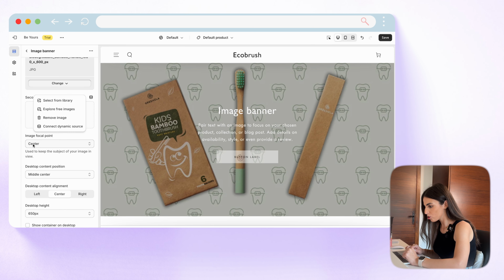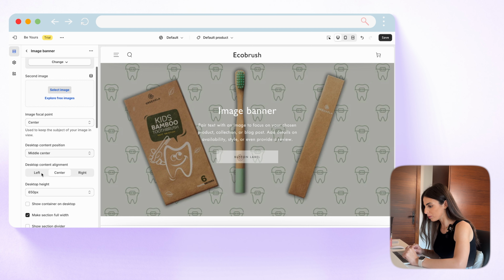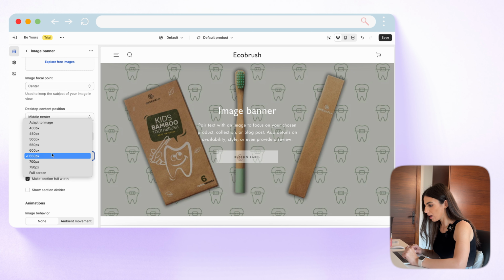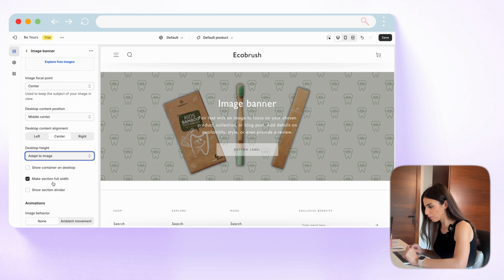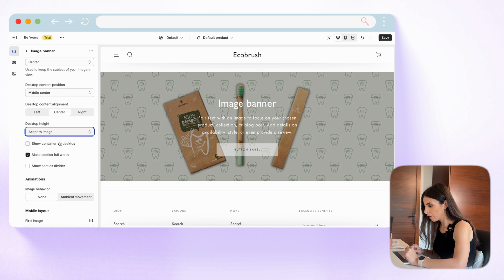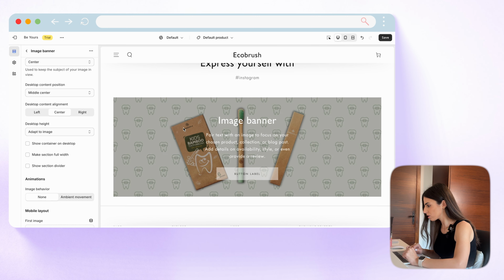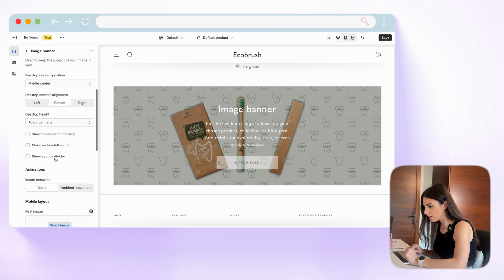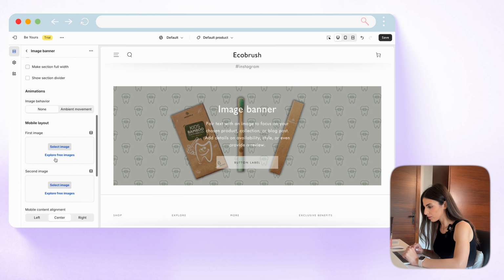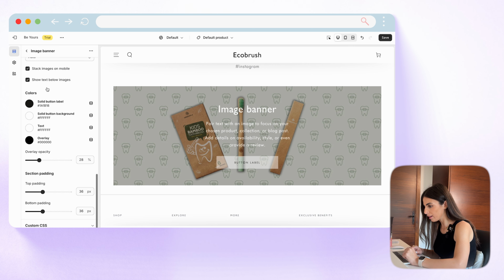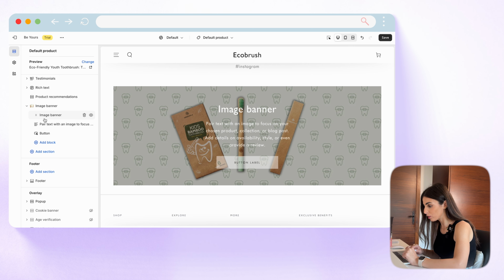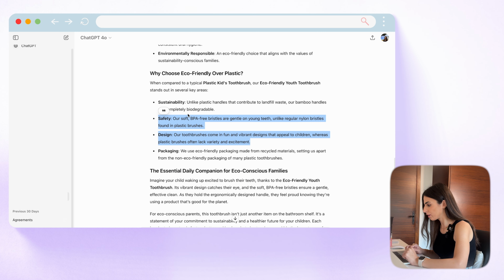So we have the image, what else? Center, middle center. Also, I'm gonna put this as adapt to image. So in this way, the quality is going to be nice. Make section, let's remove this one, see how it looks. Not bad as well. Okay, I think it's fine. I'm gonna go back and I'm gonna actually modify the text. So I will put in here, for example,